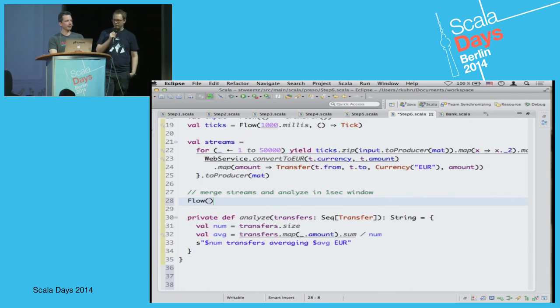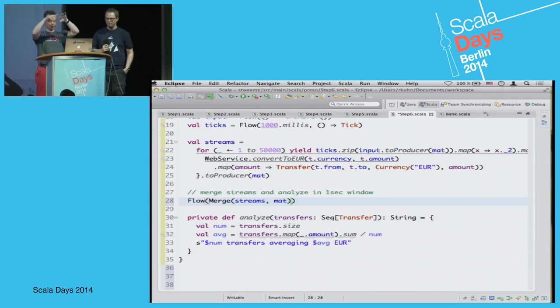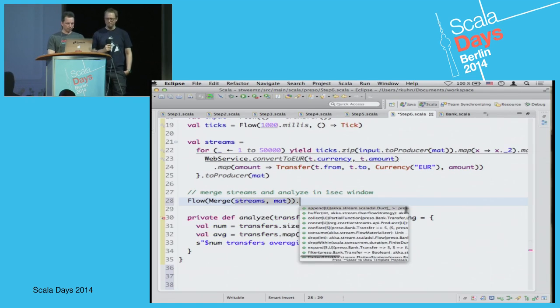This is not yet in Akka proper, so I coded up an n-way merge. It's simple. I mean, just code it up n-way, and then 50,000 is just a specialization of that one. It doesn't really matter. So this will construct a tree of binary merge stages, which merges these 50,000 streams into one stream. And then we just run this analyze function,